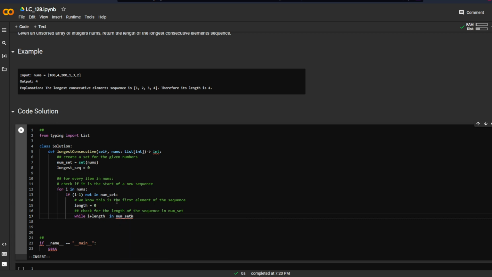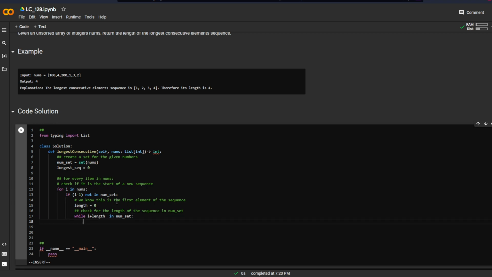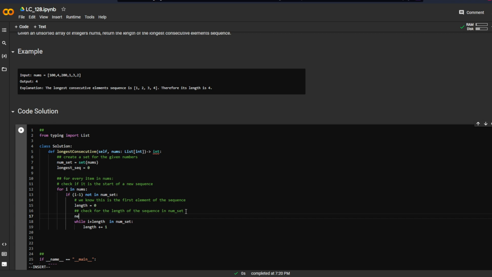While the next corresponding item is in the num set, we know that we need to increase the counter of the length by 1. Actually, let's make it easier. Next equals i plus length,